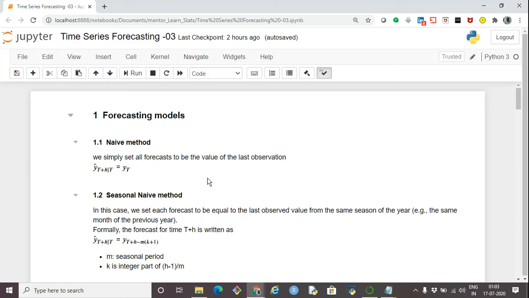So what it means is, let's say we have time series data of a couple of years, let's say 5 years of data, starting from 2015 to 2020.